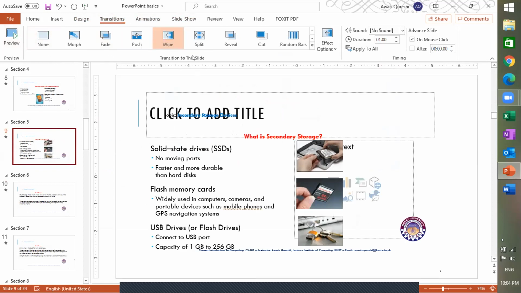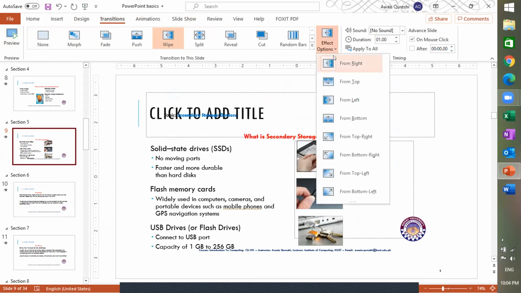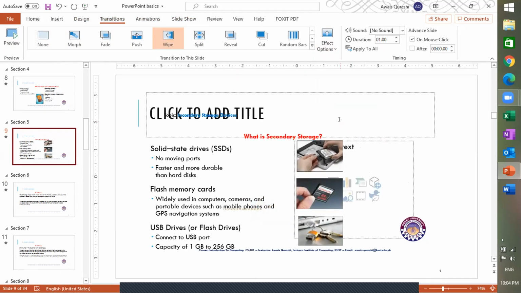So these are all different animations on your individual slides or multiple slides. You can also change the effect options from bottom or to top, and you can also add different sounds to your slides, durations to your slides, and you can also move slides by using your mouse click or a timer function. You can also check this function by yourself. It is also a very interesting function in which you can add a timer after a specific time.